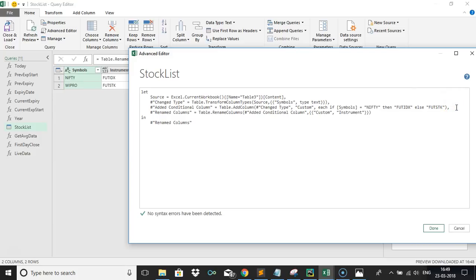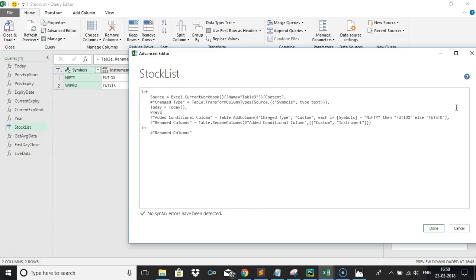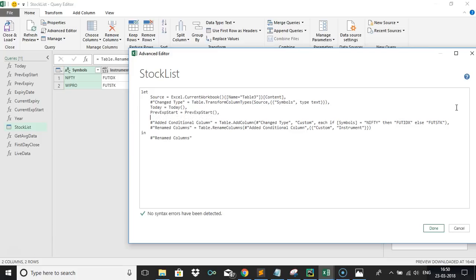Okay, or even before this added conditional column, and type today equal to today function, comma, don't forget to give comma, and pre exp start. I'm just following the same naming. You can do anything, but ensure that you're using it correctly. Okay, so previous start function, and then expiry. What I'm doing here is from the function I am assigning it to a variable here. Okay, previous expiry date function, and then